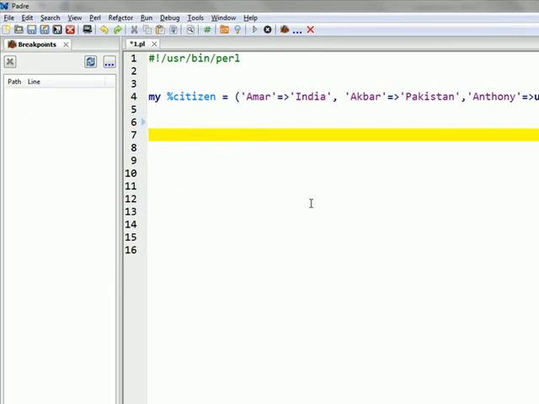In order to get individual elements in a manner which is very beautiful and legible, we use the for loop: for my $x (keys %citizen). You can write any scalar variable for $x.